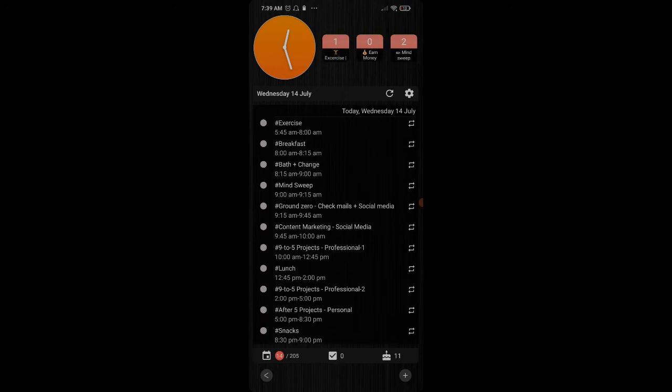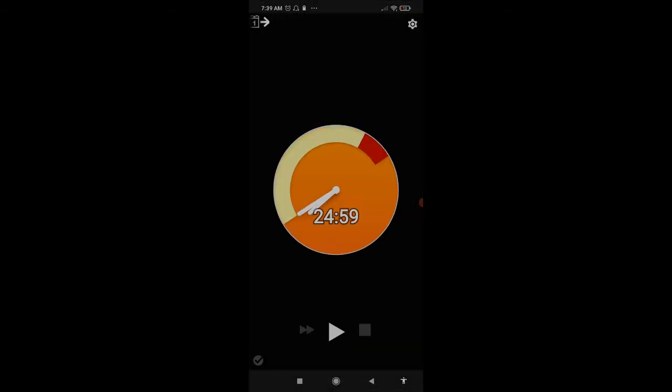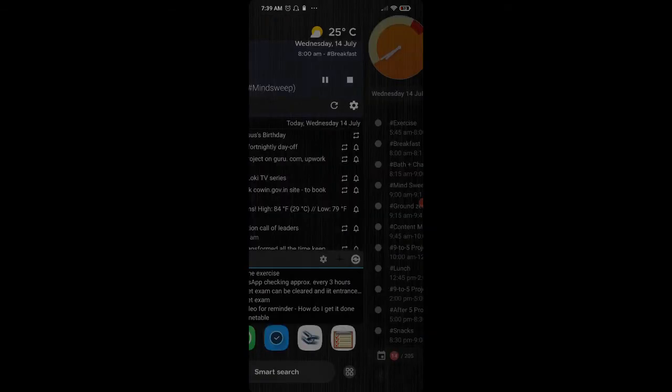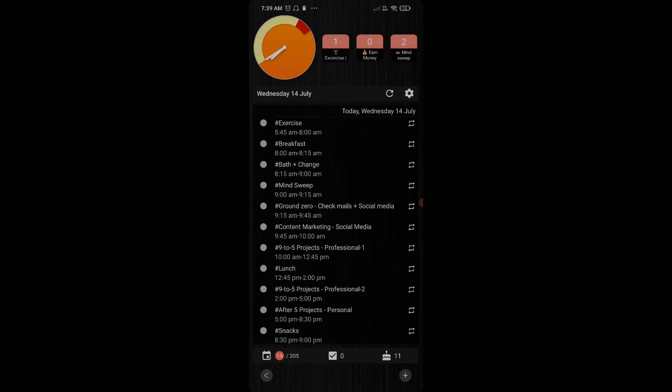So this is my home screen. Whenever I open my mobile phone, this is what I see. So it's a constant reminder of what it is that I'm currently doing, that is on the topmost of the screen. What is it that I have to face or I have to deal with throughout the day, that is my regular Google Calendar, and what is lined up for me. So that is from my to-do list.